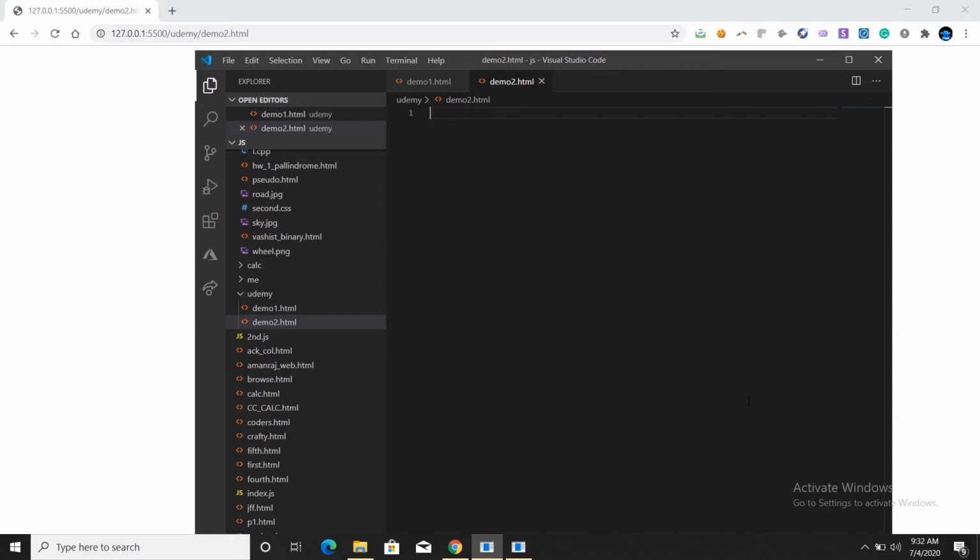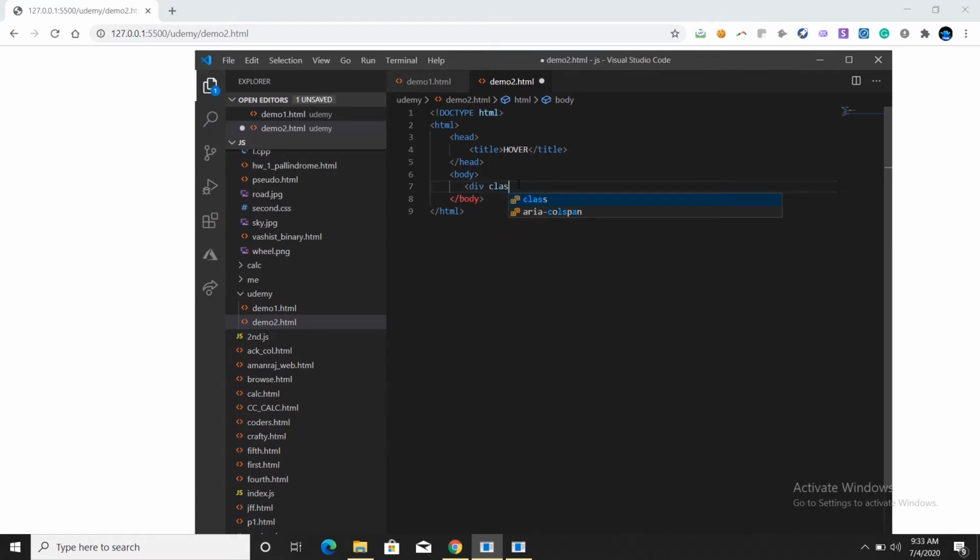For that, first of all, make a coding environment for the HTML. I have made this already. Now, I'll be adding three divs: the div with class A, div with class B and class C. I'll give them some height and width, then some background color, and then in the hover part, when I hover over the boxes, the divs that I created, I'll get a different color other than the background color that I mentioned in the .A or .B classes. So first of all, make divs with class equal to A for the first one,